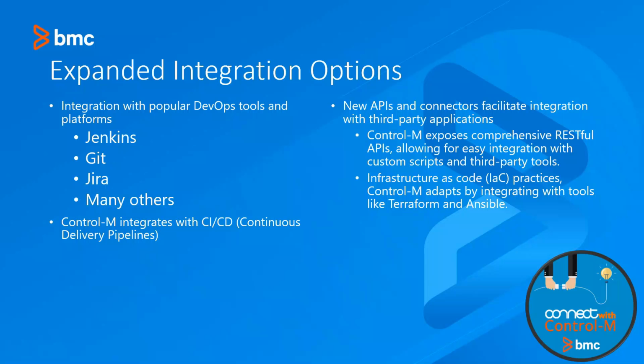Control M now offers seamless integration with popular DevOps tools and platforms, enabling end-to-end automation across the software delivery lifecycle. The native integration with popular DevOps tools such as Jenkins, Git, Jira, and many others. This means that developers and operations teams continue to work with their best preferred tools while leveraging the power of Control-M for orchestration and